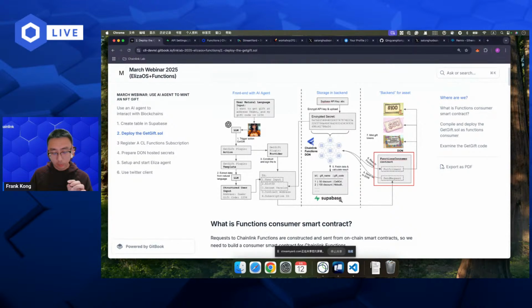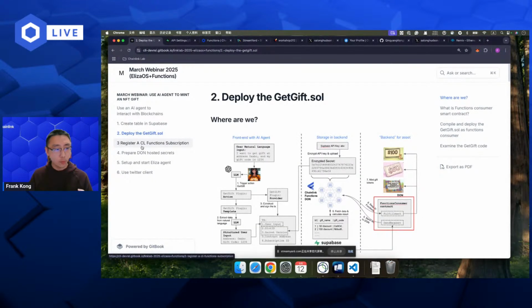But Supabase has access control, and if you want to successfully get the data, you need to provide an API key. But the API key is a credential, a secret. It cannot be known by anyone else. How can we allow Chainlink Functions to use our API key? The way is to